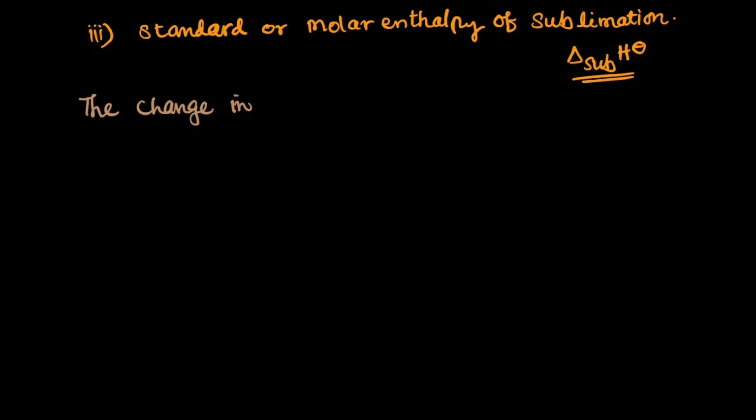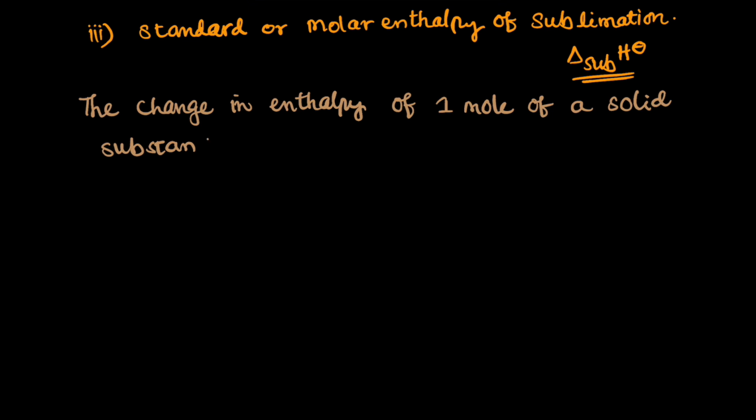Every definition starts with the same term, the change in enthalpy. So the change in enthalpy of 1 mole of a solid substance converting directly into its vapor or gaseous state